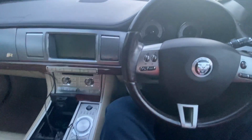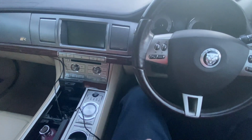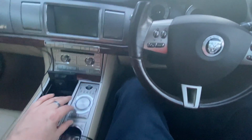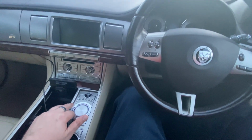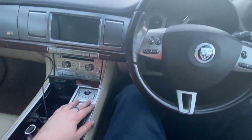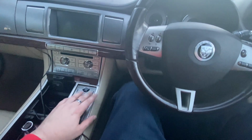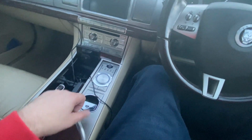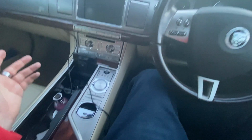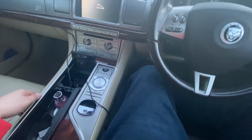One of the main things for this car that is quite fun is your automatic gear selector is on this round dial here, with your P, R and D there, and sports mode as well. It's got the electronic handbrake, which this car does actually need new rear discs and pads because they are the originals,